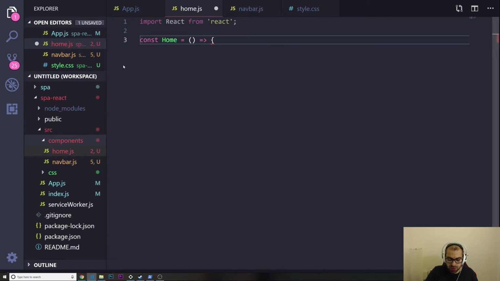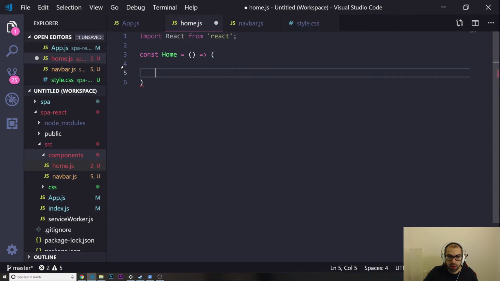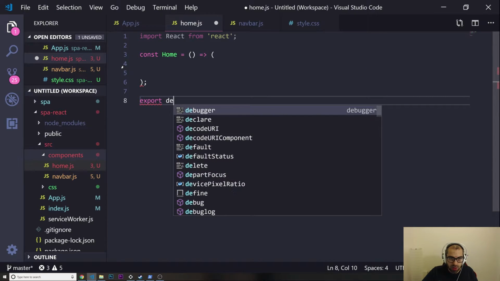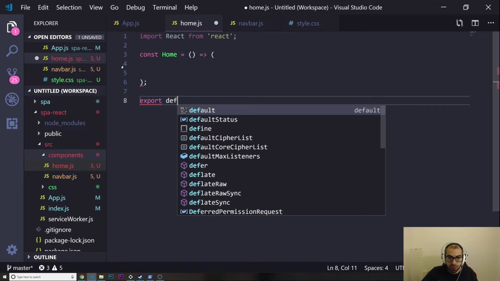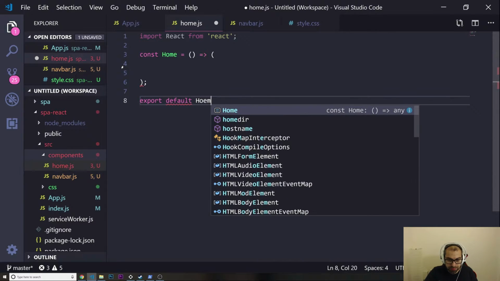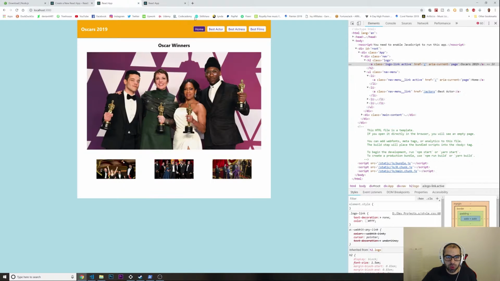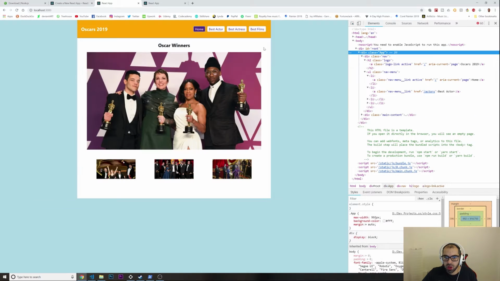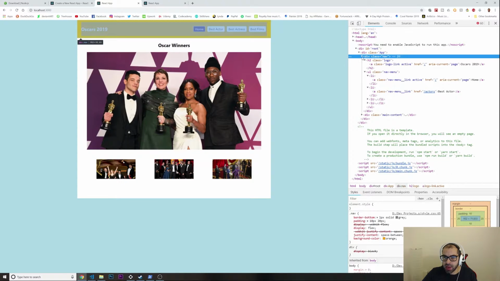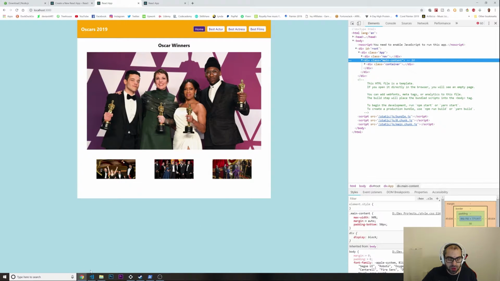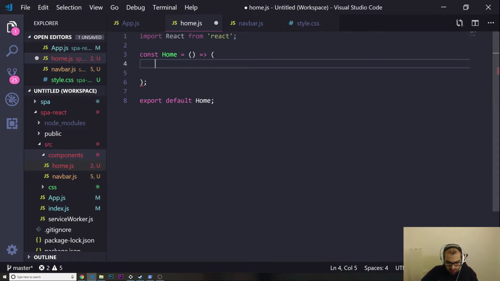Okay, oops. Let's close these. Let's export default home. Okay, and now let me just see what we have in here. So in here we got the app, we got our nav, and now in here I'm going to create a div, main containment, div